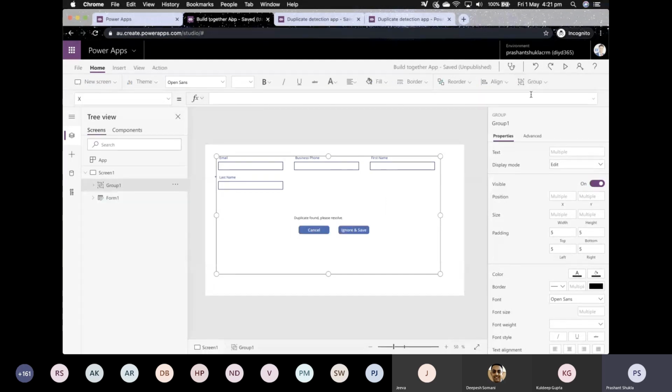So I'll group it so that I can set its visible property, that's another property, to when I find a duplicate. Otherwise, it's always hidden. So I'm using a trick to stop people from entering duplicate data. So what I'm going to do is, instead of saying it's always visible, what we'll do is say,